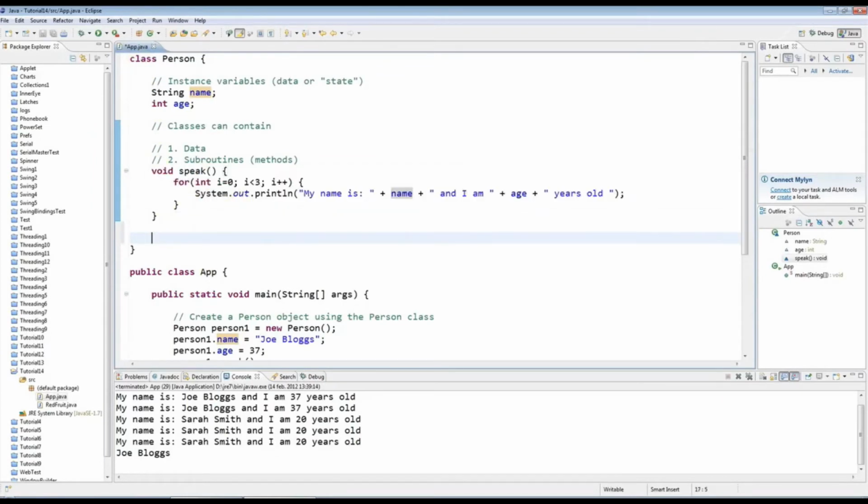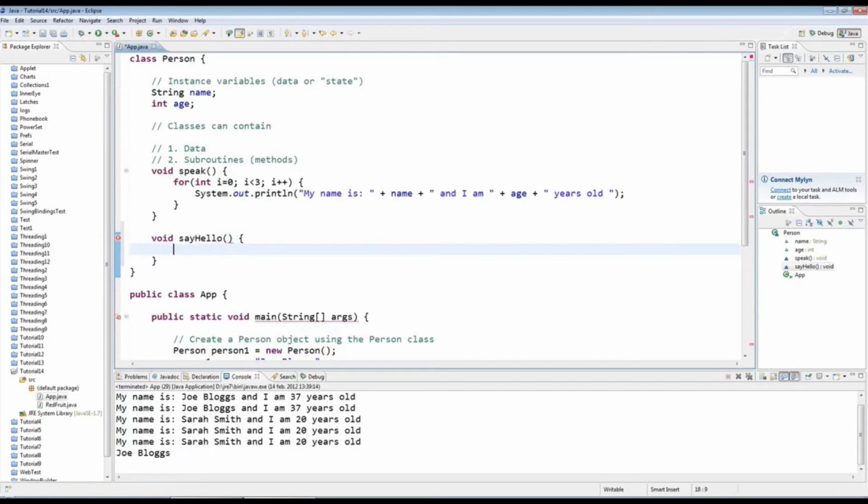And to finish off this tutorial, let's just add another one here. Like I could say, what shall I call it? I don't know. Say hello. So I'll capitalize the first letter of each word after the first one. The first one has a lowercase letter, and then because this is a new word, I give it a capital H. Round brackets like that. Open the curly bracket. Eclipse has actually put in the closing curly bracket for me, and I could say, I don't know, like sys out